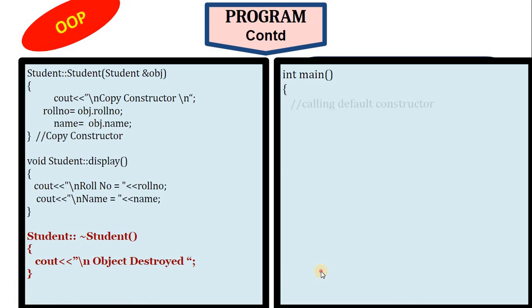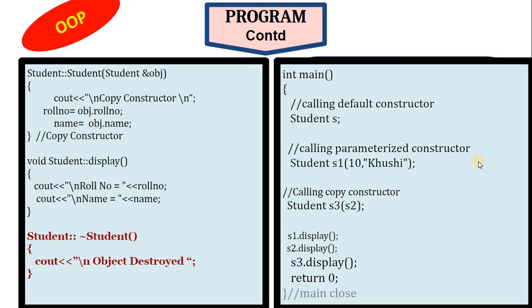After that, the entire main function goes as it is what you have written in the previous code, but when you complete the execution of this, you will see that object destroyed has been displayed 3 times. Why 3 times? Because you have constructed 3 objects S1, S2 and S3. That is why it will display object destroyed 3 times. The destructor will be called 3 times since you have created 3 objects. So, this is all about how to go for a destructor.